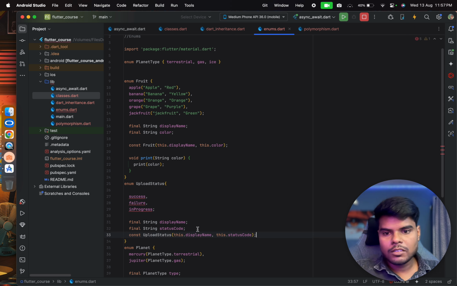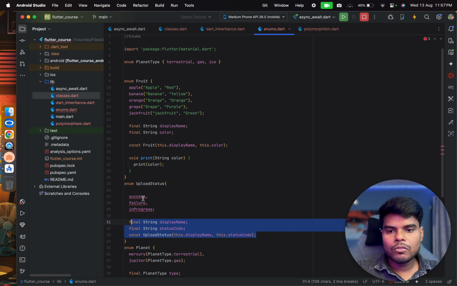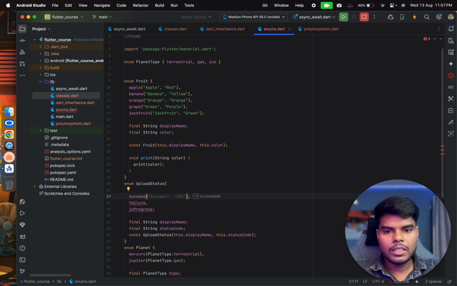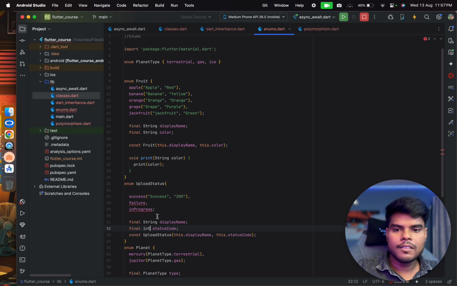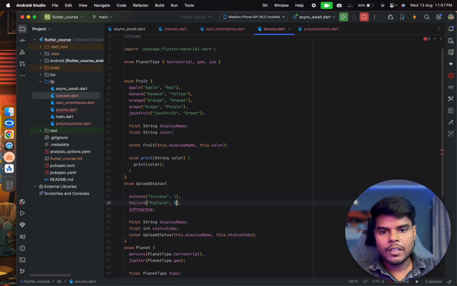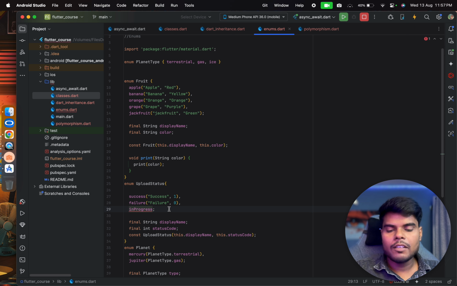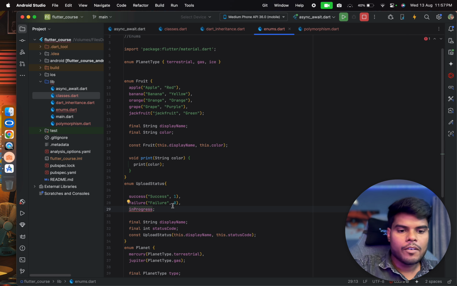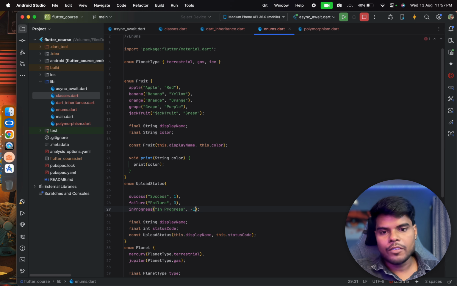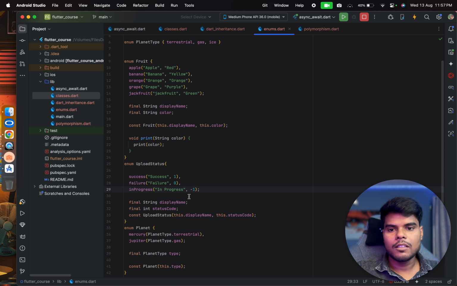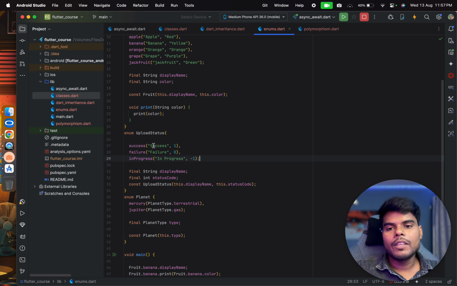So let's define a constructor, upload status. Whenever we create a new status, we make it a success, and both are string. Let's make it int. That one is 1 for the success, and for the failure it is 0, and for in progress it is -1. Okay, so this is the typical case that we use inside our apps, where we need to display